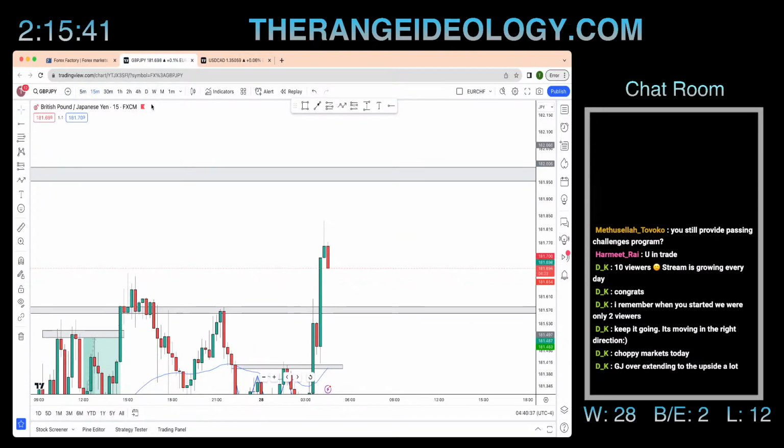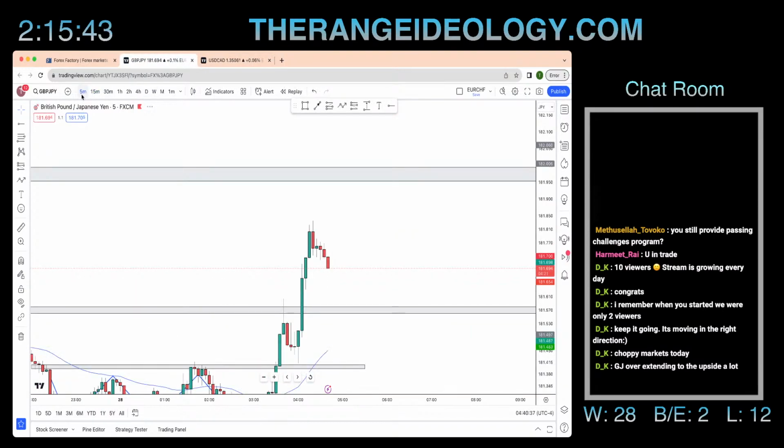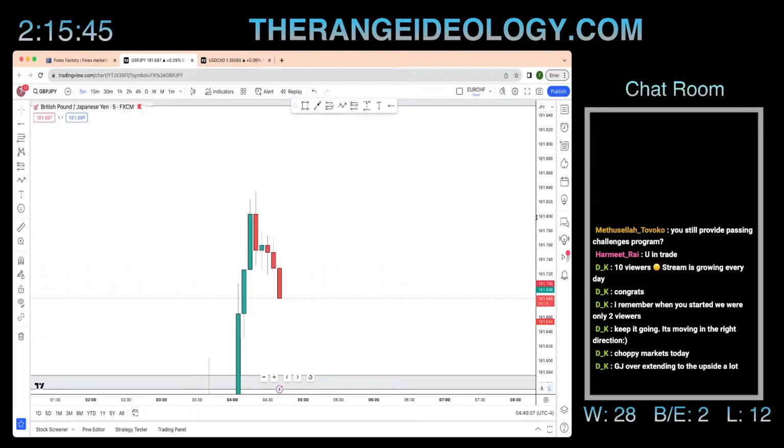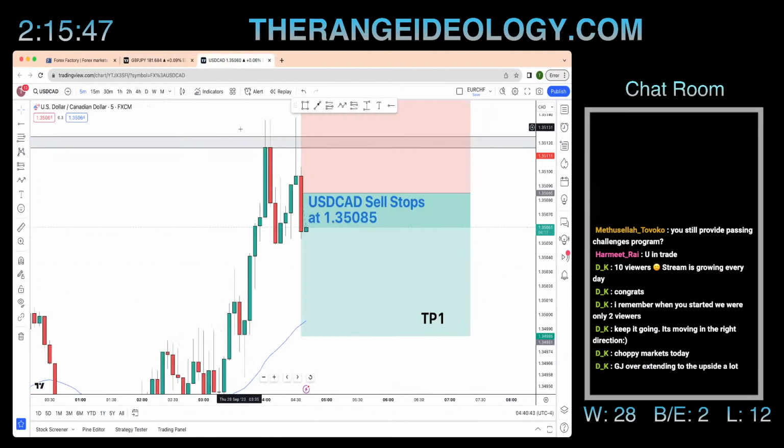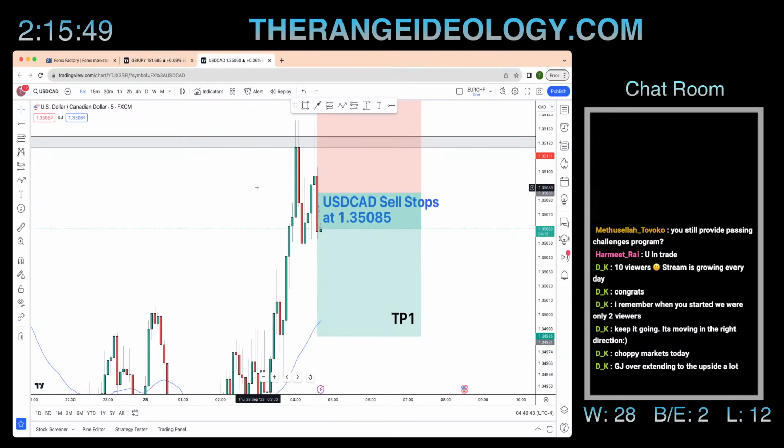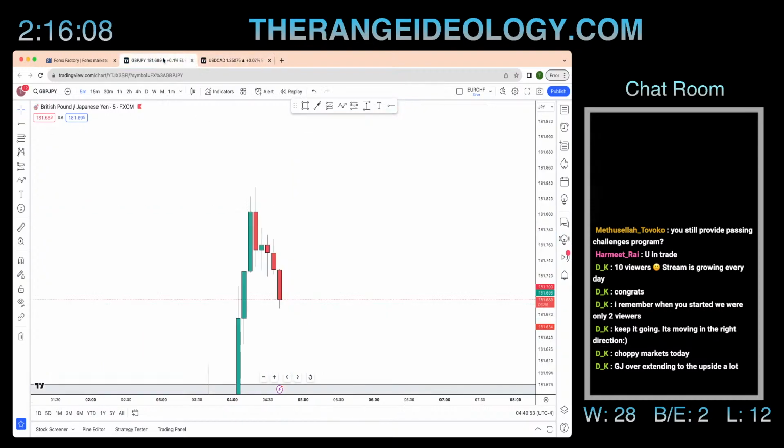Okay, now GJ is pushing down. Okay. Does it have a wick? It does indeed. Okay. Well, let's see. You're gonna need USD CAD to break below here and even close below here so I can confidently set the stops to break even. But with GJ with the big push here to the downside,